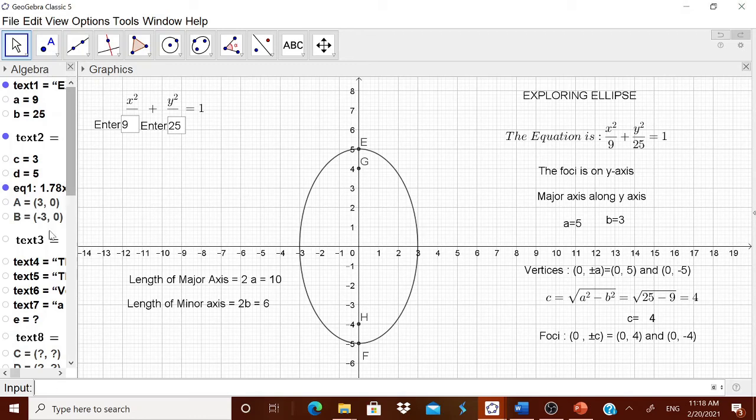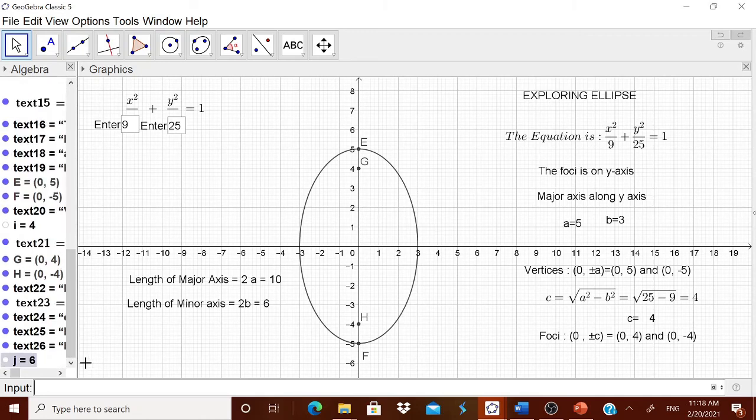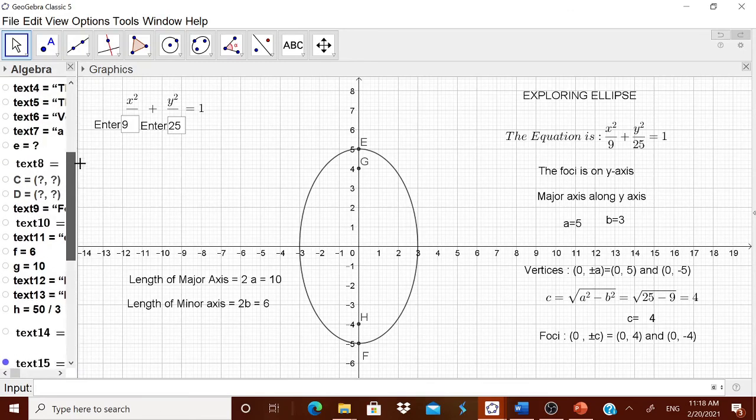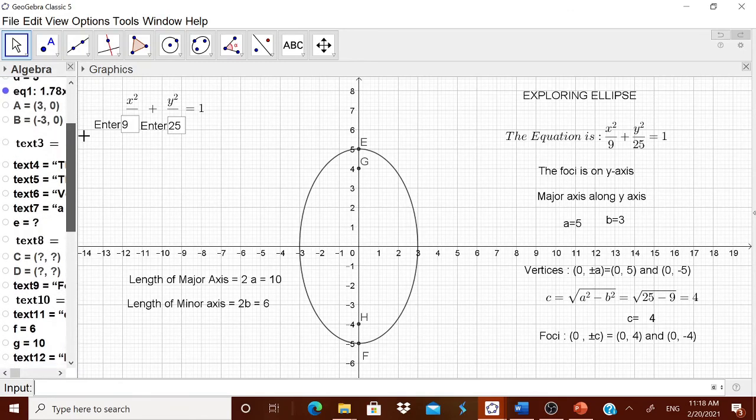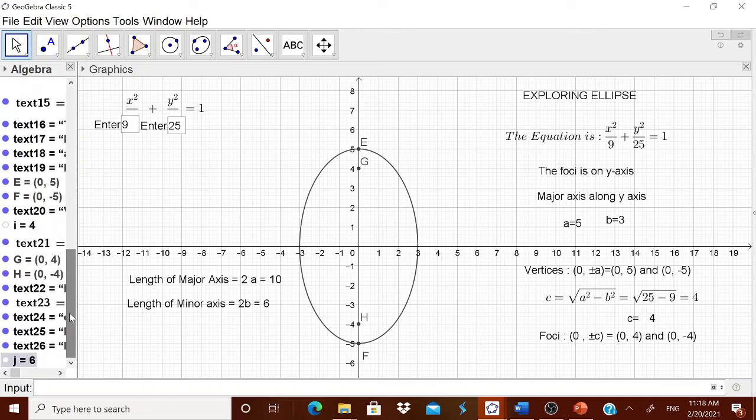Let us see what is the value you are getting over here. 2B square, therefore the value for B square is 9. For 2 into 9, 18. 18 divided by 5 it should come. I think there is something wrong. 2B square by C, something wrong. One minute, I will come back. Okay. Length of the latus rectum you can find like that.